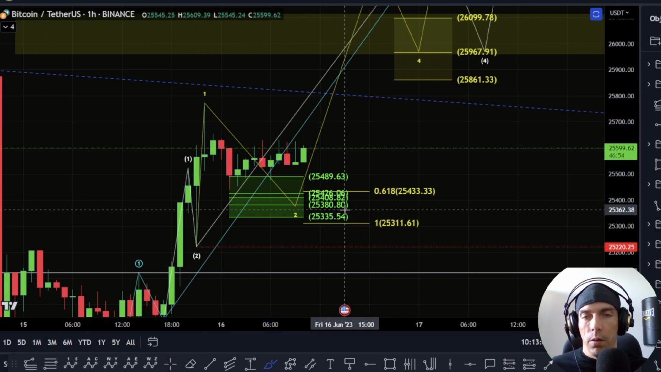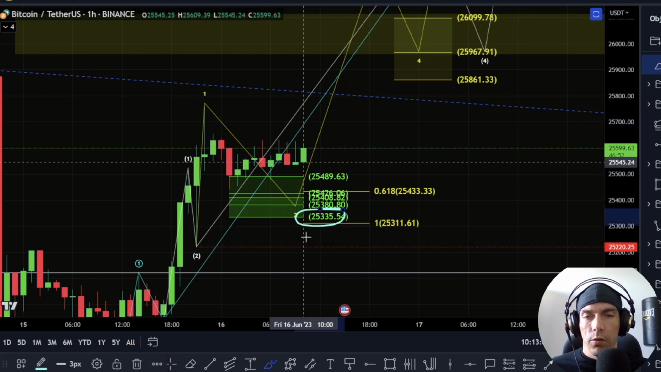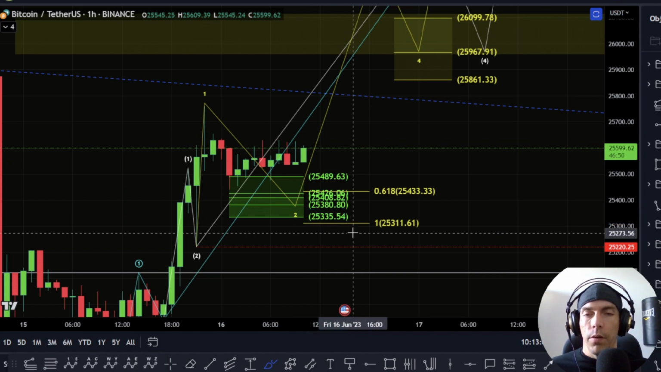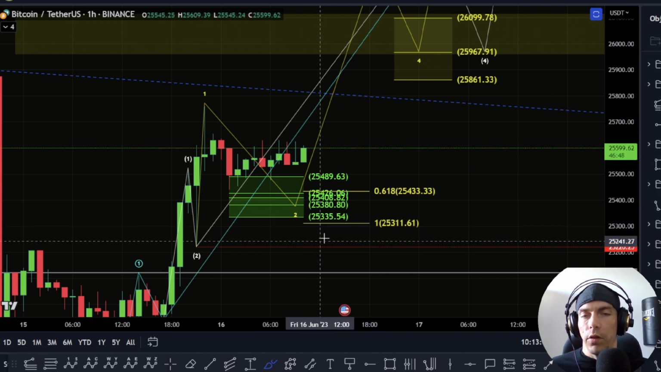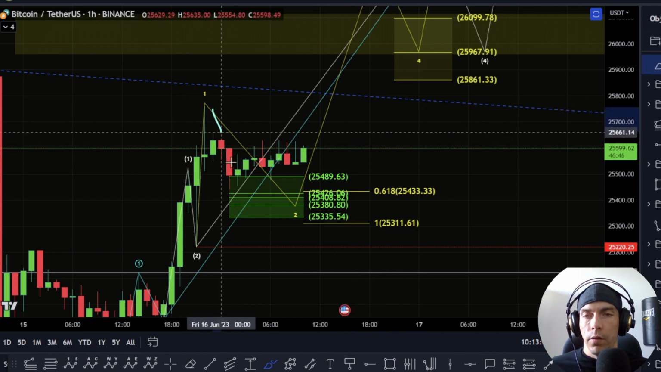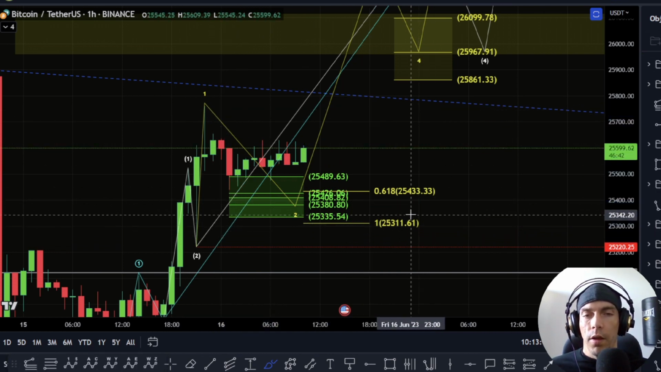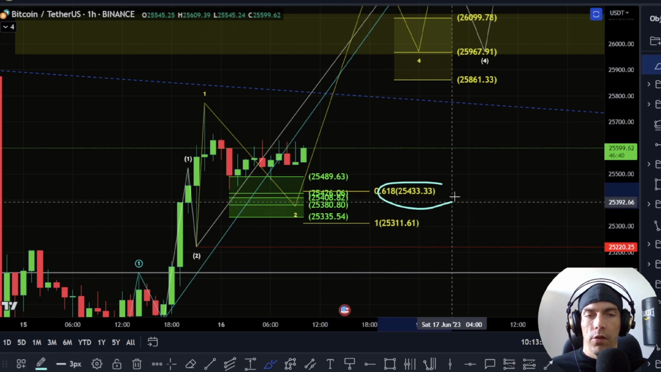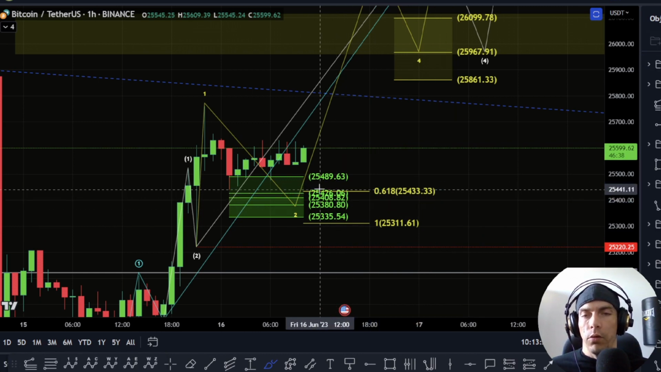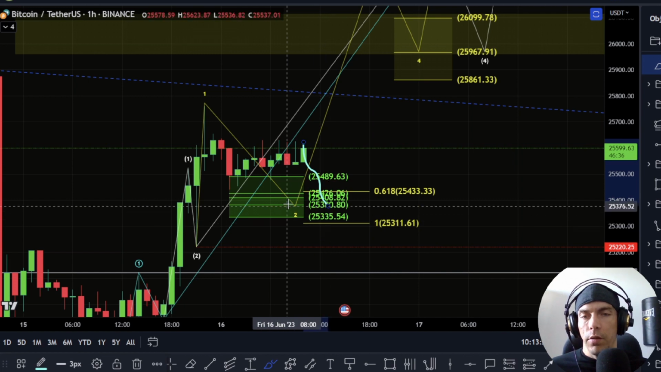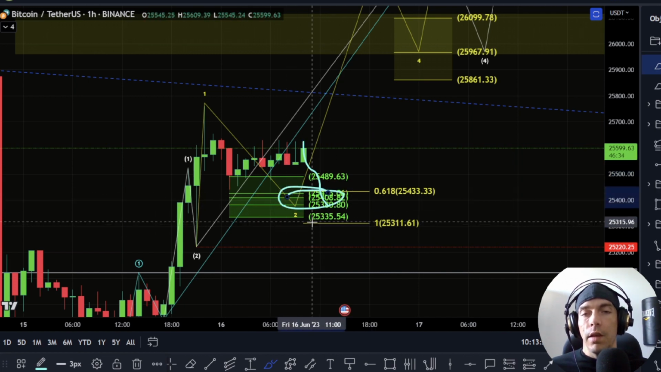Now the zone we want to hold really would be this 25,335 as our 0.618. Now if we're looking at this as A, B, and C, 1-to-1 is currently towards this 25,311, and the 0.618 is actually here at this 25,400.433. So if we did see price actually come back down here, looking to retest this level, I'd be on